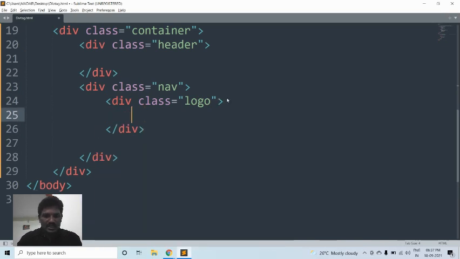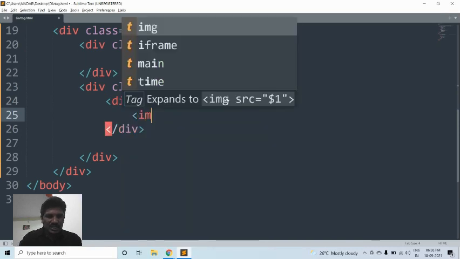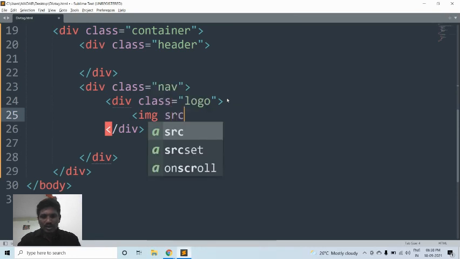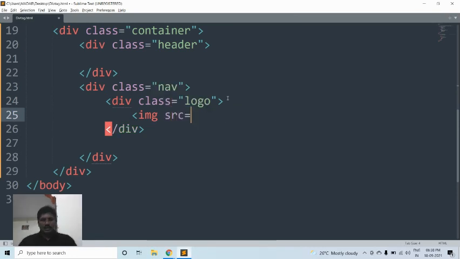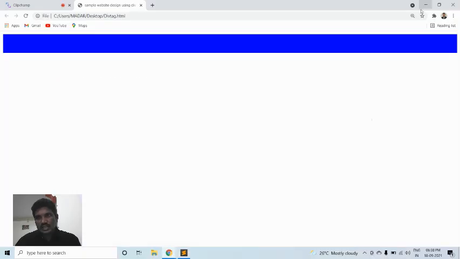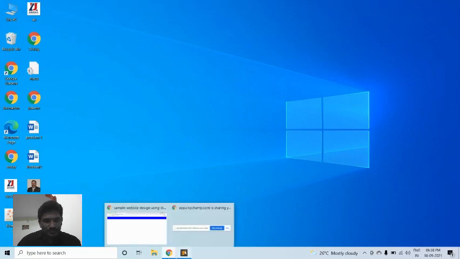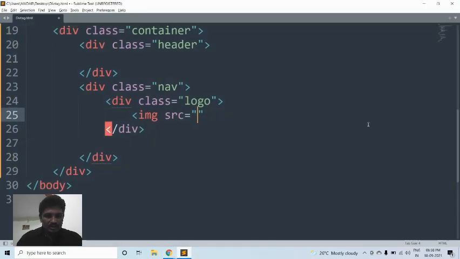Then what is the image? You'd like to use the image tag. Then source equal. Then I would like to add what are the images in my desktop. I will show. Suppose flower is there, flower dot jpg.